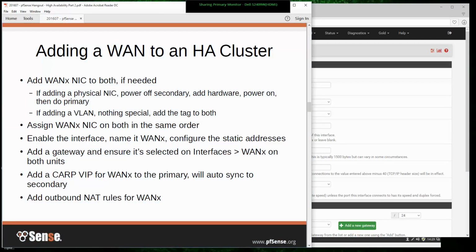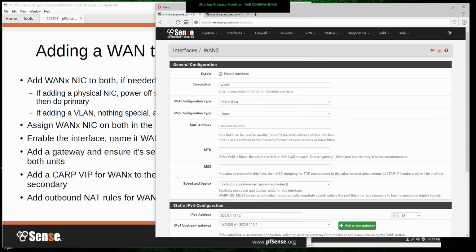So after you've got your interfaces configured and selected and the gateway selected, you can add a CARP VIP to the WAN just on the primary, and that will automatically synchronize over to the secondary. That's easy to do. And then you worry about your outbound NAT rules on your primary only. Go over here to Firewall and NAT